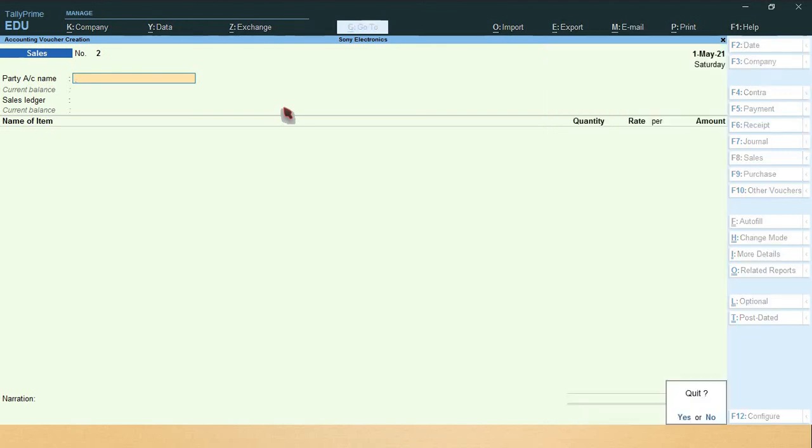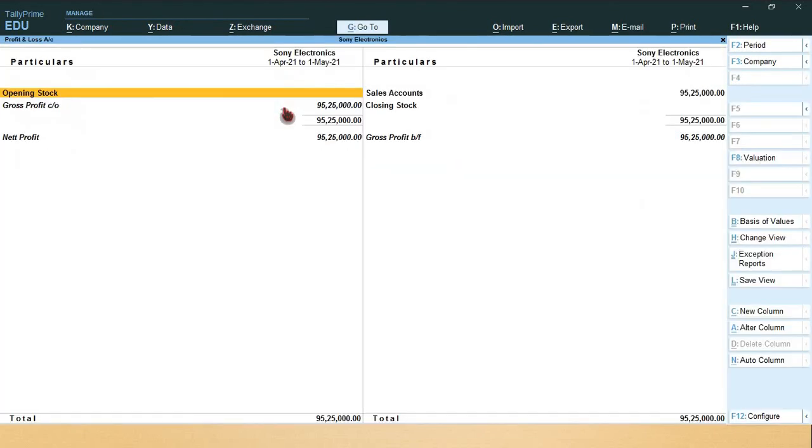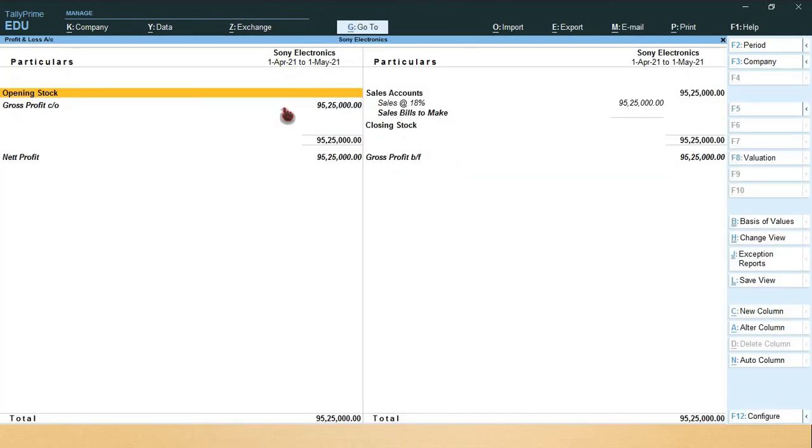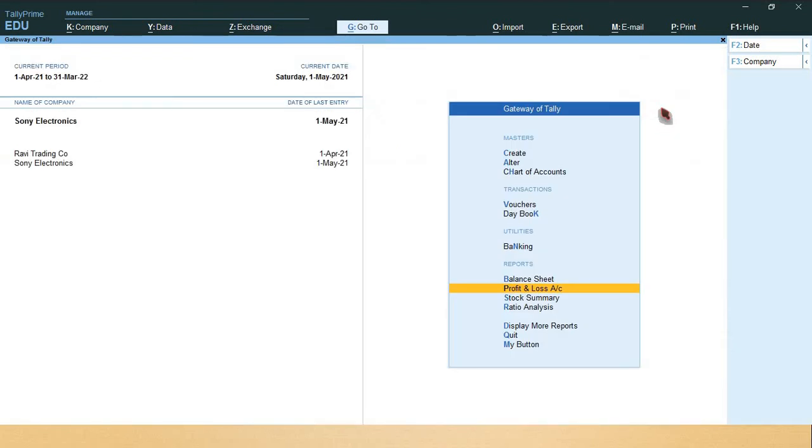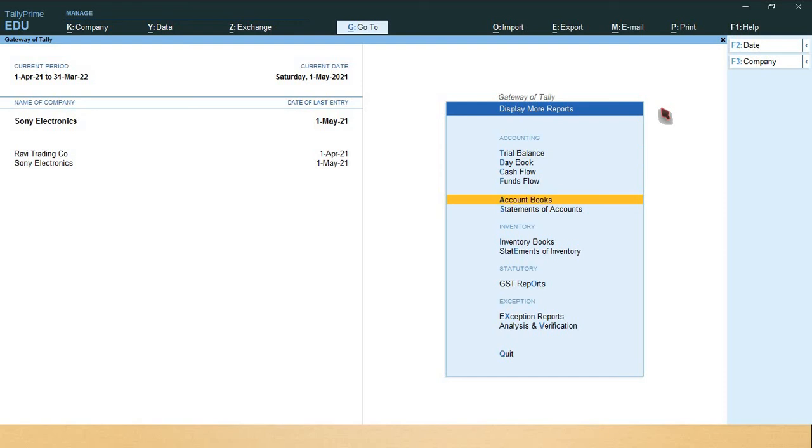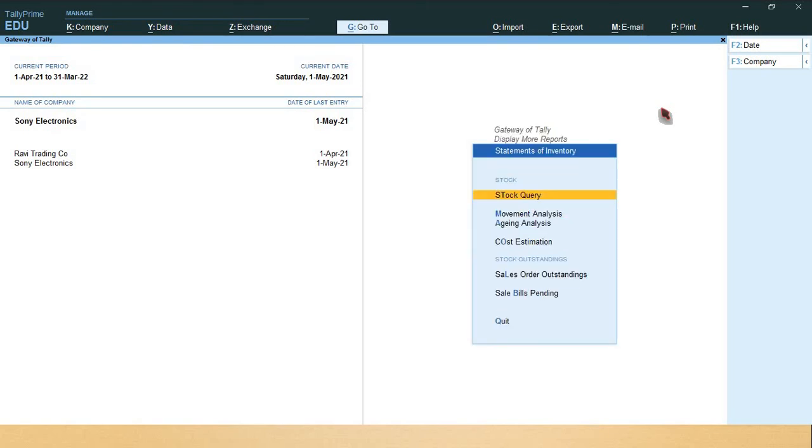Okay, so now check the reports. Profit and loss account, press Alt F1 for detailed view. See here, sales bills to make nil. Sales at 18%, 95 lakh 25,000. Okay, and check the display more reports. Select statement of inventory.